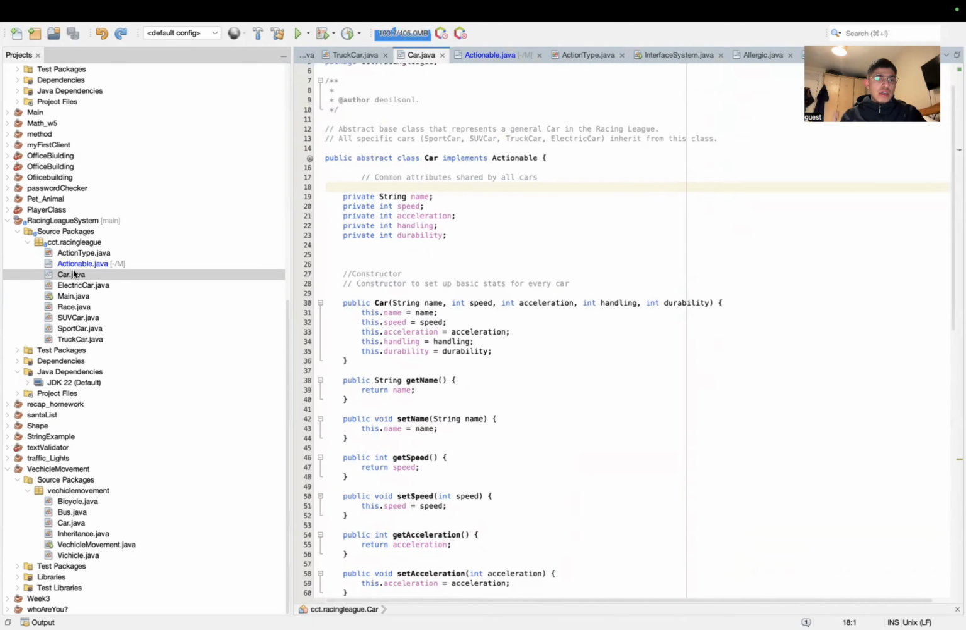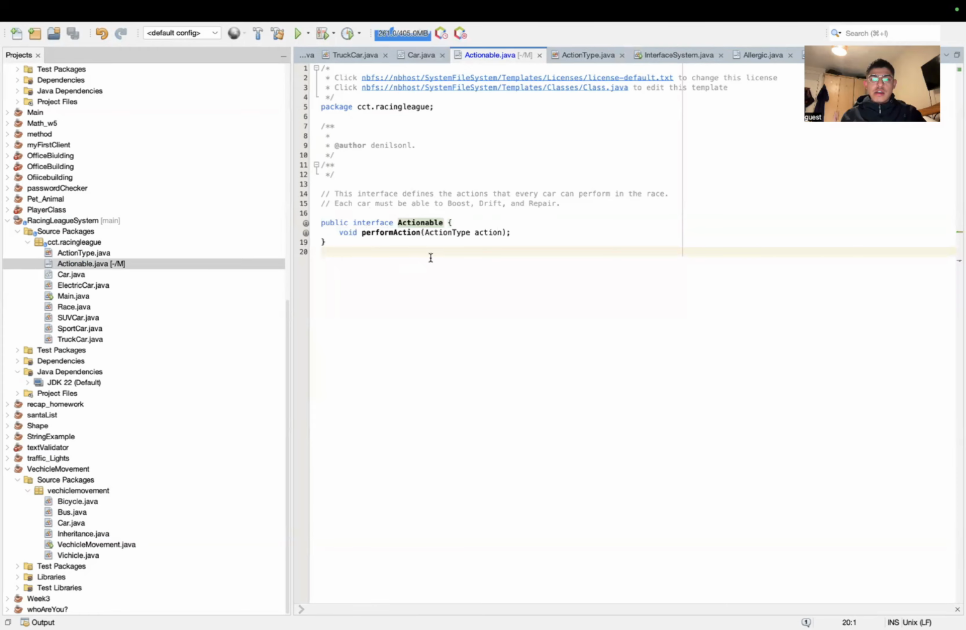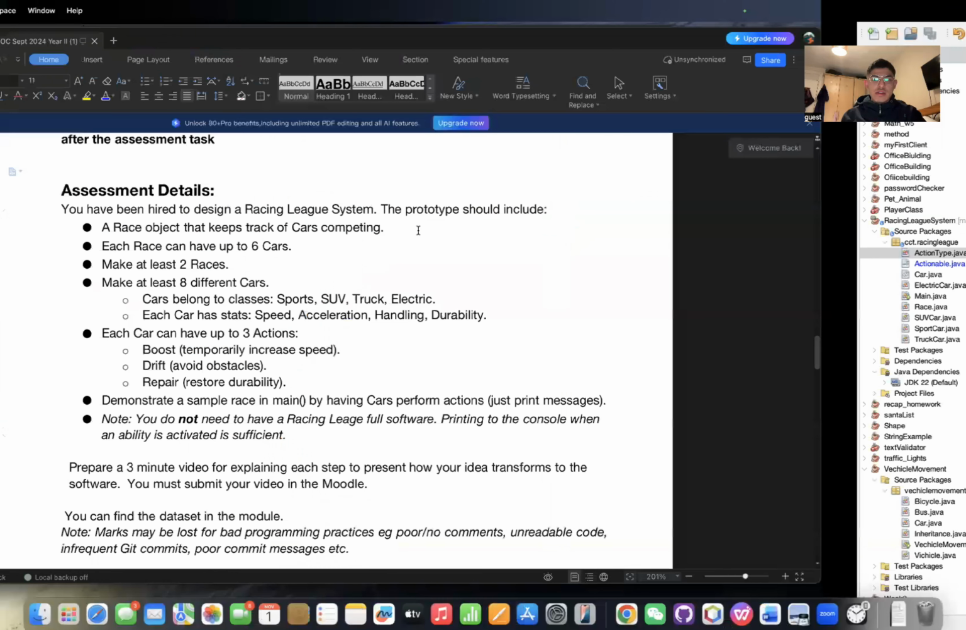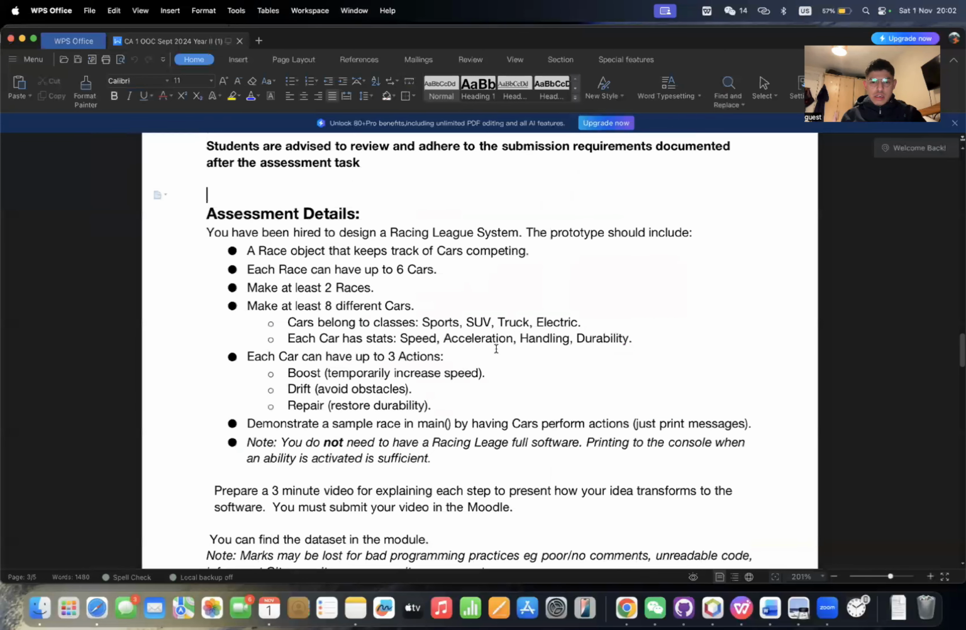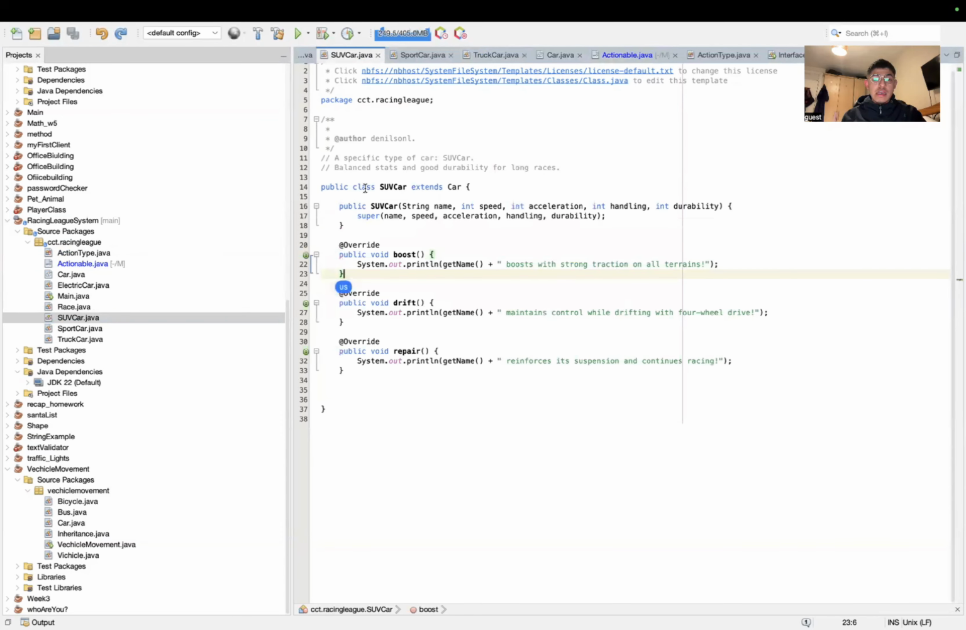So this Actionable is basically the interface. It's saying that each car where it's implemented needs to have an action, needs to do something. What action does it need to do? It needs to do a boost, drift, or repair, which is also what they ask for here. And then after that, I created my subclasses, which are each of the car classes,